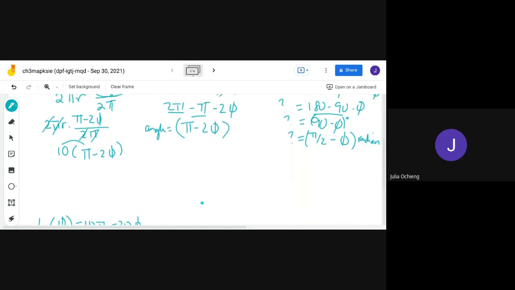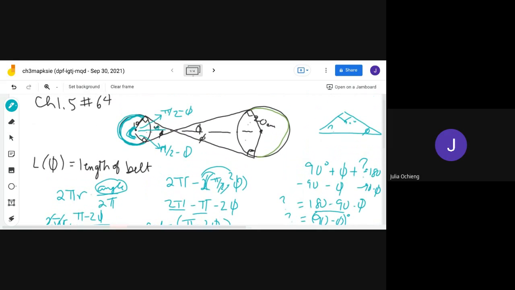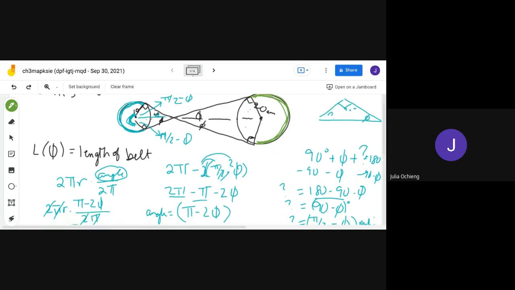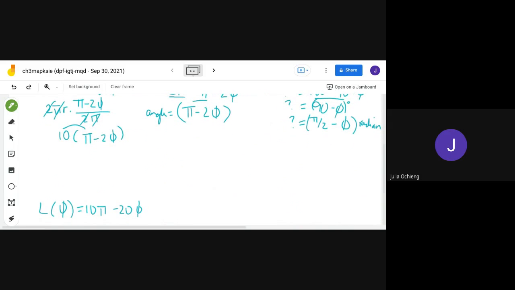I'm going to do the same thing for the other circle, so the green part. You can pause the video and see if you can try that by yourself, because again, it's going to be the same thing but with a different radius. So I'm looking for this part of the circle. Because this triangle here has 180 degrees, let's actually do it exactly like the other one. So if I draw this out,